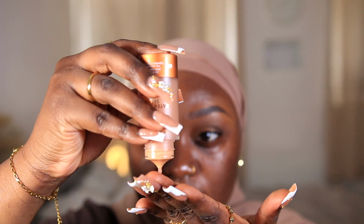The texture of this feels really smooth. It feels like a lightweight moisturizer because obviously it's a balm. You expect it to be more greasy, you know, like a slimy texture, but it isn't. It feels like a dry moisturizer. Now we're just gonna go in with